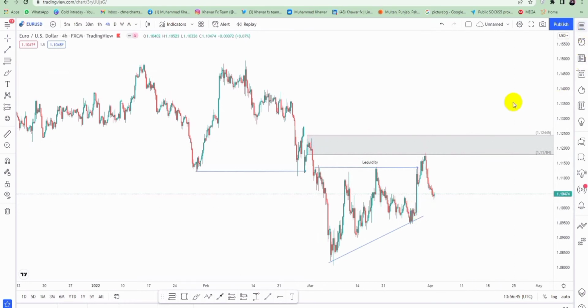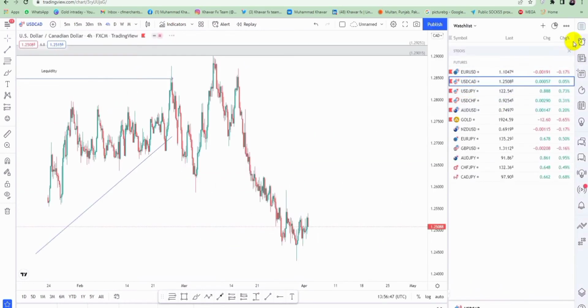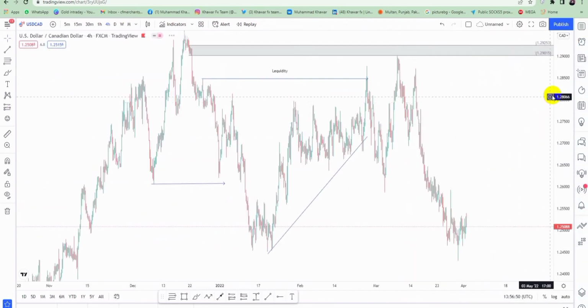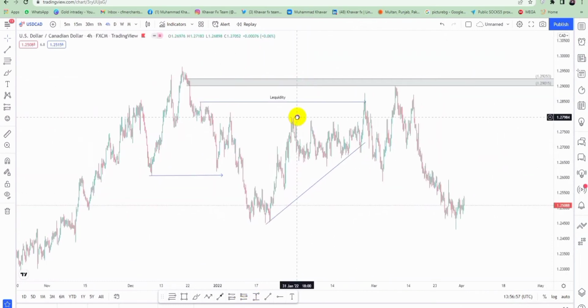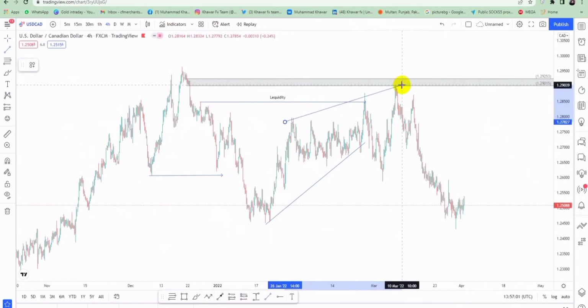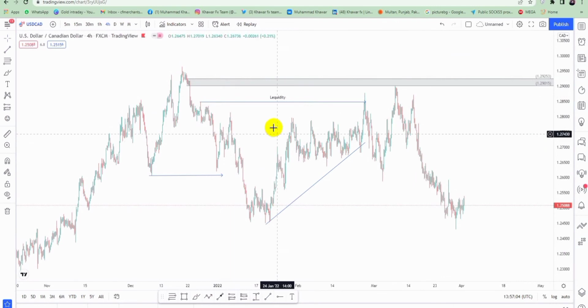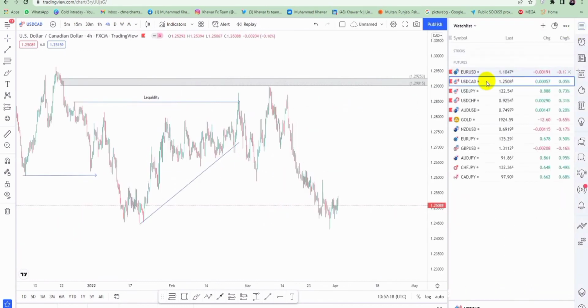So we have market at this point, but if we take an example of USD, then it is our breaker and then we have 3 drive, but we will talk about liquidity. So we have 3 drive and make liquidity, and then we have compression and breaker and market takes order and it is going down.